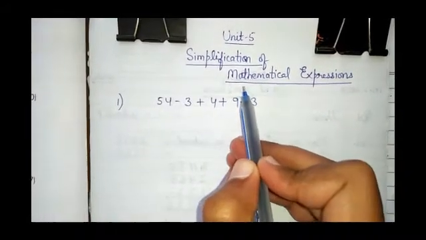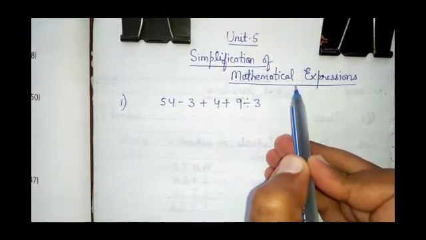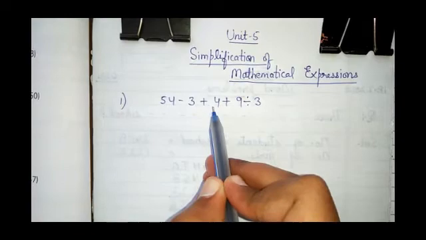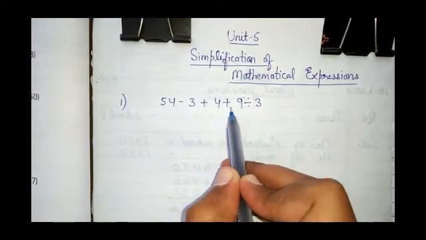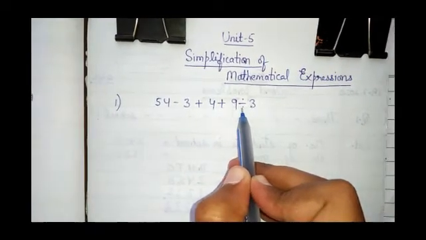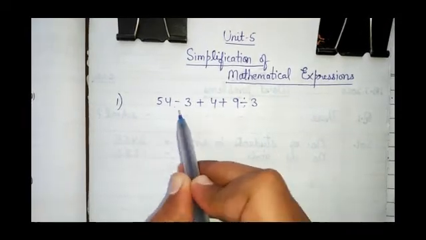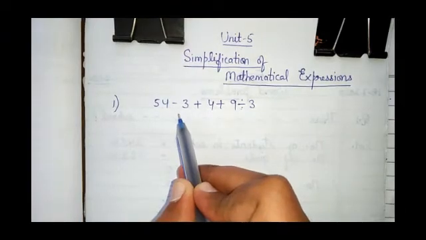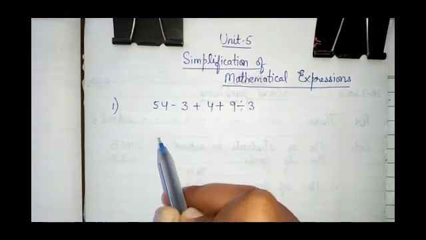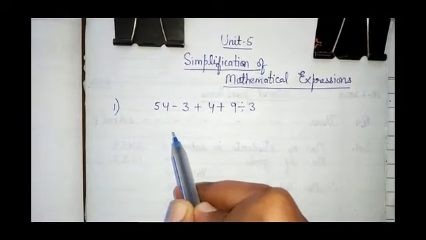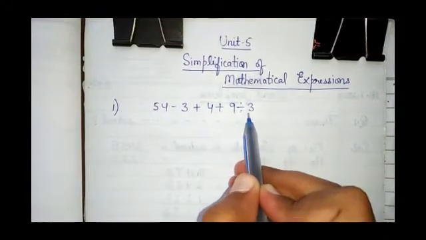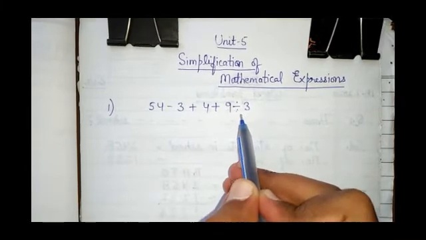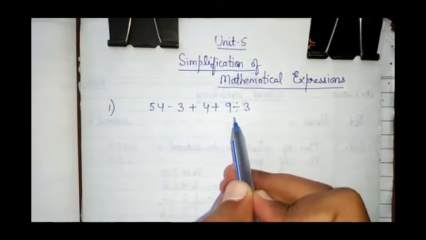Now children, first you need to know what is a mathematical expression. What you can see here is a group of numbers and you can see the 4 symbols here. The 3 symbols here: the symbol of division, the symbol of addition and the symbol of subtraction. You know there is one more symbol, that is the symbol of multiplication. So children, what is a mathematical expression? It is just a combination of numbers and the 4 basic operations which are addition, subtraction, multiplication and division.